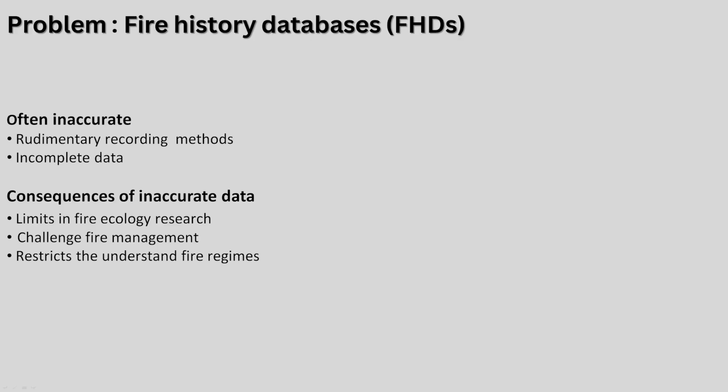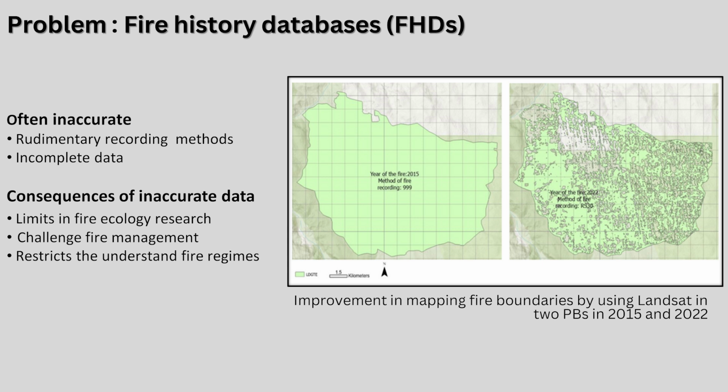So, for example, I'd like to demonstrate this in this figure. To contextualize, some of you might be familiar with some of these data sets. So in 2015, the map on my right-hand side shows the boundaries, the location and the date of a particular prescribed burn. So in 2022, the same area was burnt again, but the difference between the two maps is the